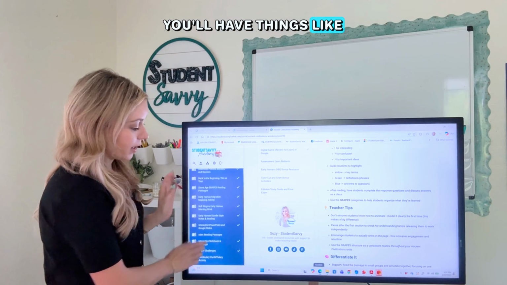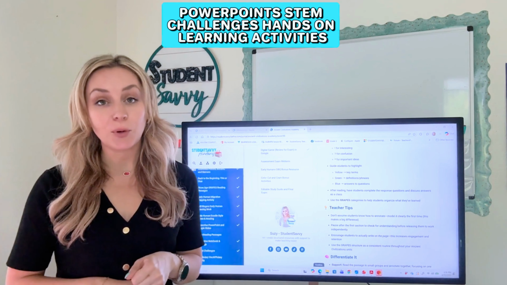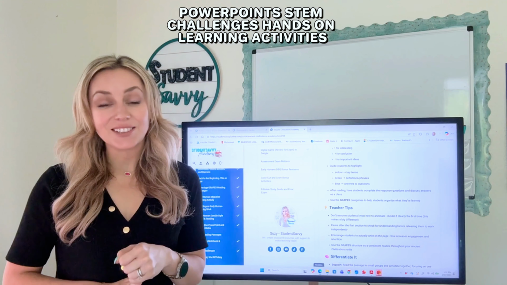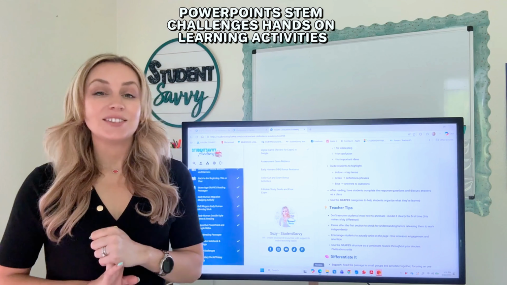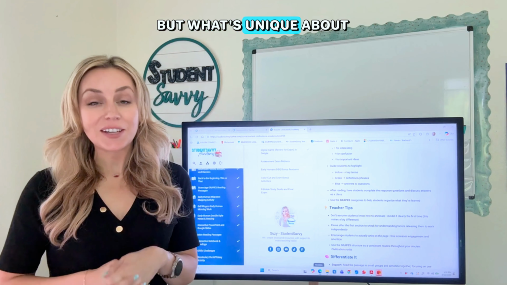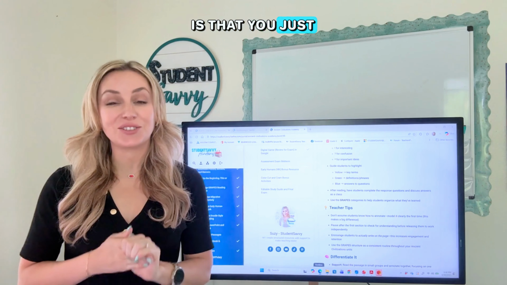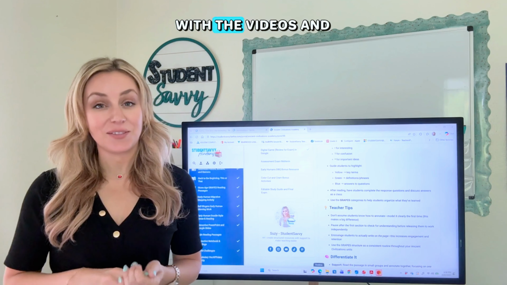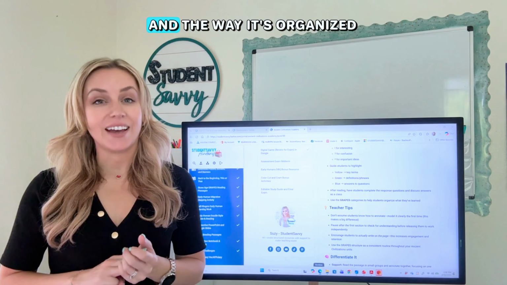You'll have things like interactive notebooks, PowerPoints, STEM challenges, hands-on learning activities, doodle-style notes, assessments, and so much more. But what's unique about the Academy is that you just receive all that extra support with the videos and the tips and the way it's